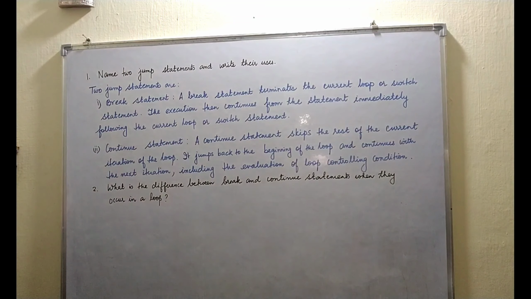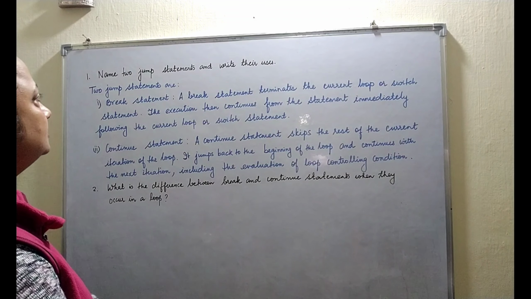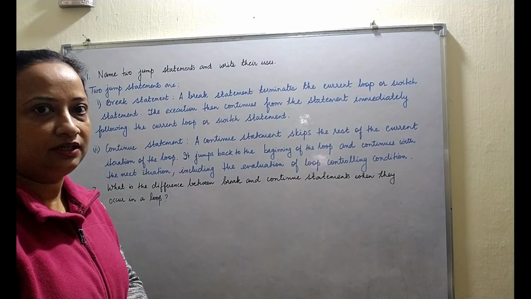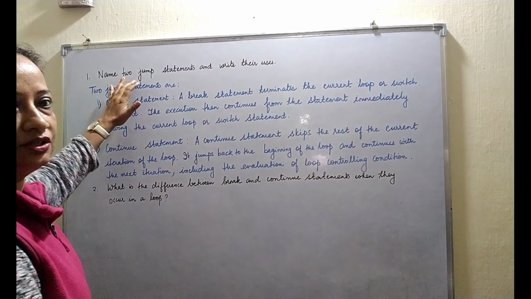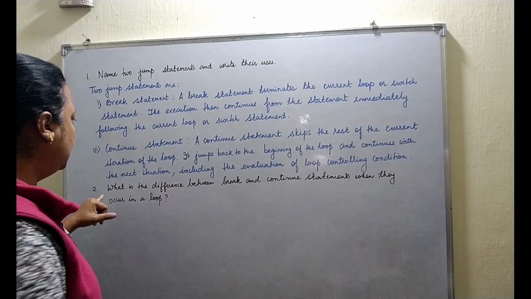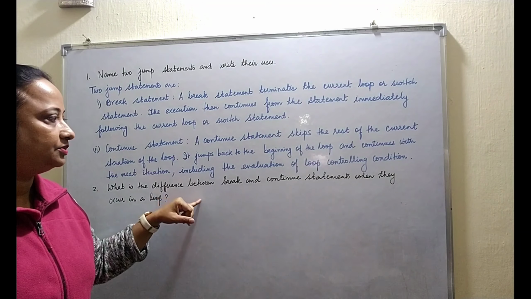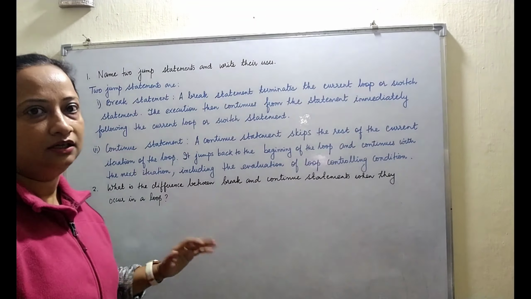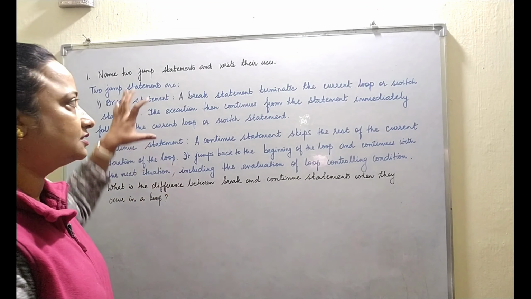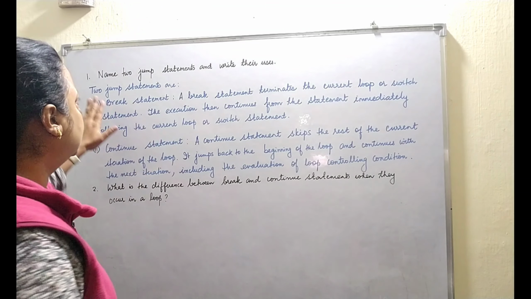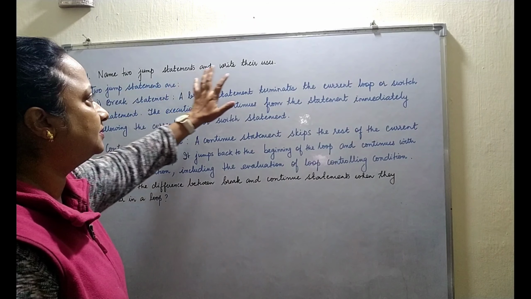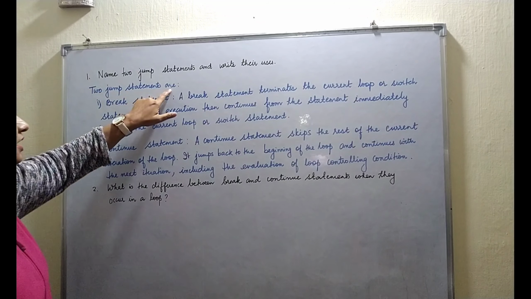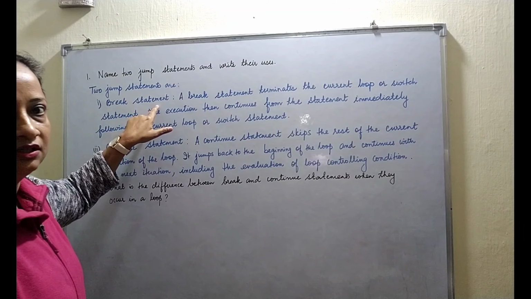Now let me discuss a particular question here. The question is, name 2 jump statements and write their uses. Or the question can be asked this way: what is the difference between break and continue statements when they occur in a loop? For both questions, the answer is the same. You can write like this: if it is asked to name 2 jump statements and write their uses, the 2 jump statements are the break statement